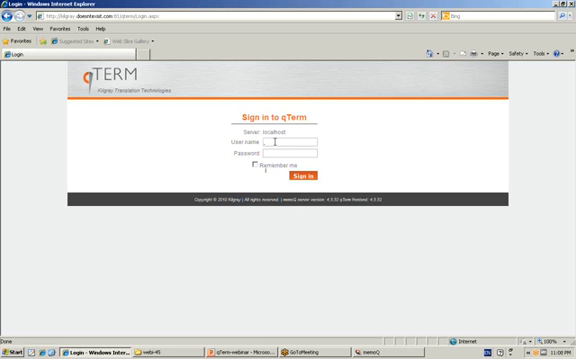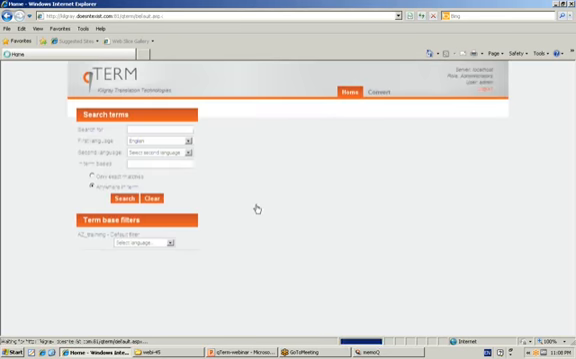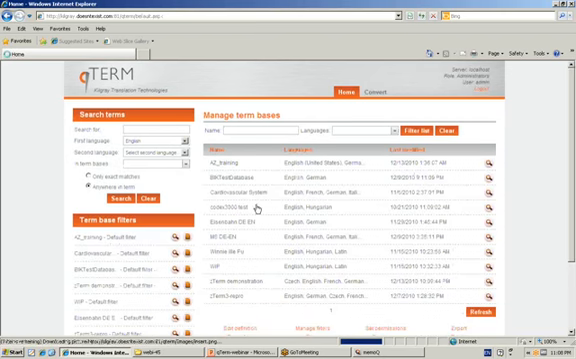As I mentioned, the interface works with most of the popular browsers. We haven't tested it with Chrome yet, but I'm sure that it will work with that as well. So I first log in, and I'm going to log in as an administrator user. And when I click sign in, MemoQ authenticates me, QTerm authenticates me, and it takes me to the